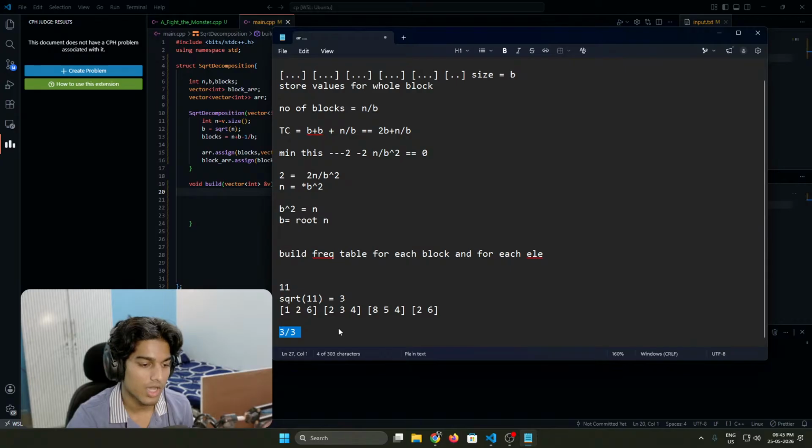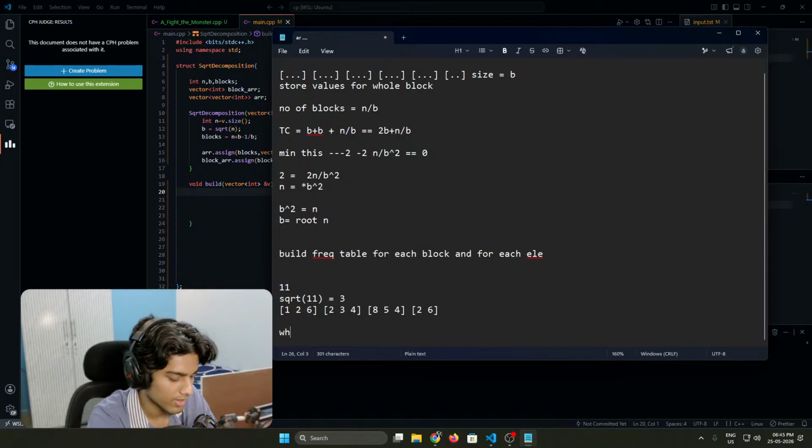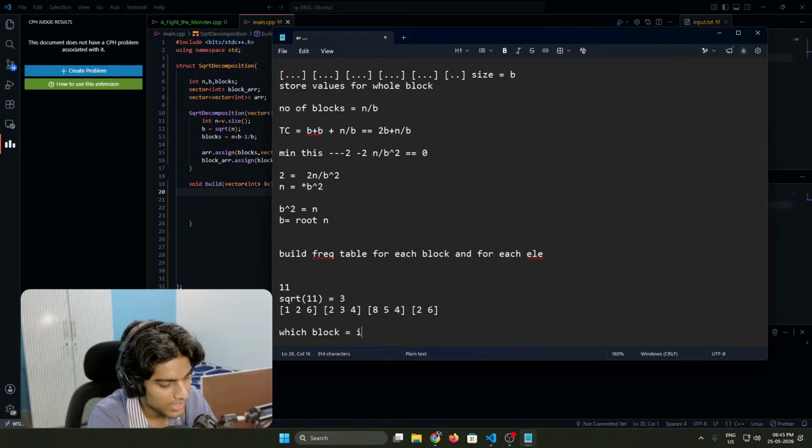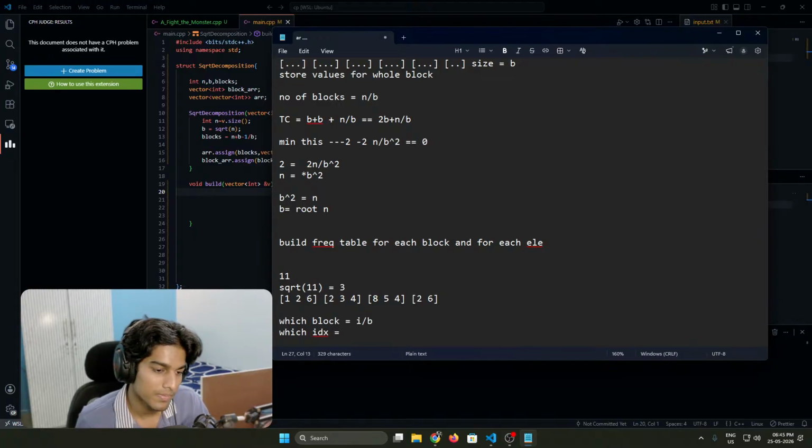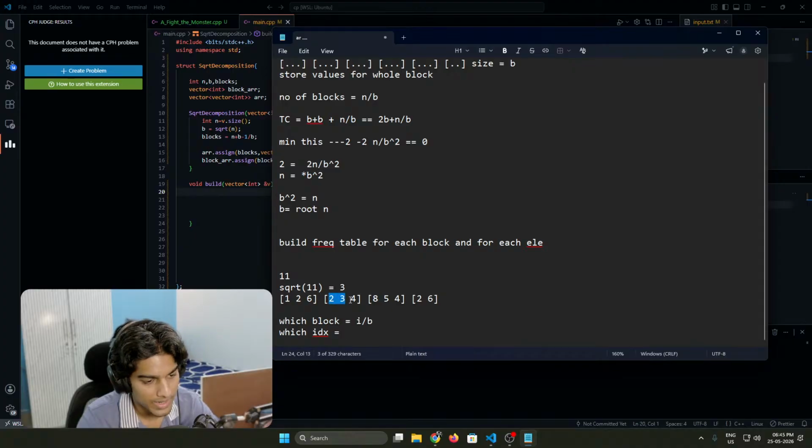Okay. So this is how we get, okay, so which block? That is basically index upon size of block. What is the size? Upon B. And which block? Now we need to decide which IDX inside a block. That we can decide by